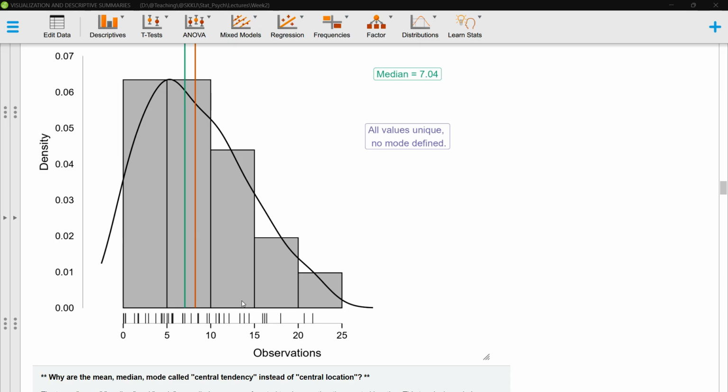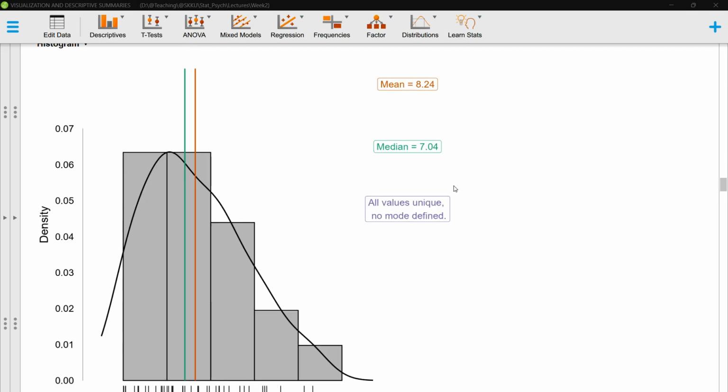And because we have values far away from the median on the right-hand side, the mean has moved towards the atypical extreme values, right? So when we have this type of skewed distribution, the mean tends to move towards the atypical, extreme values. So that's the reason why we have a greater mean than the median in this distribution. Okay.